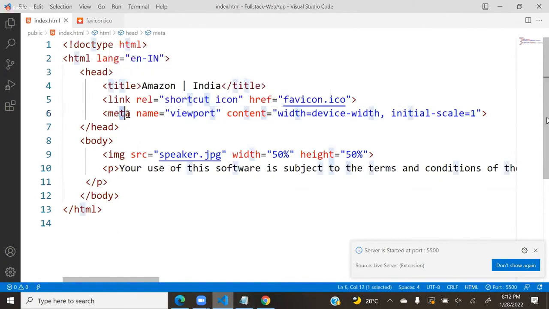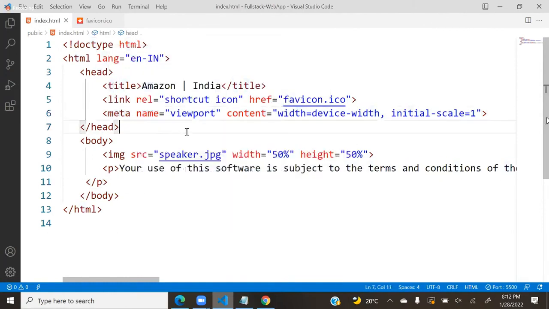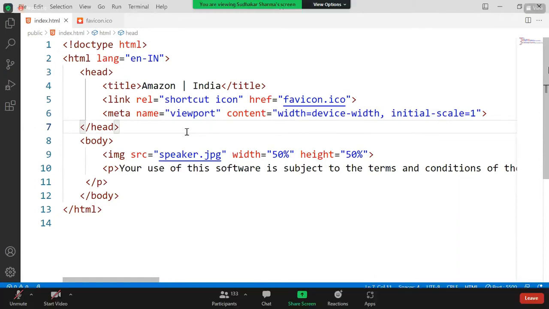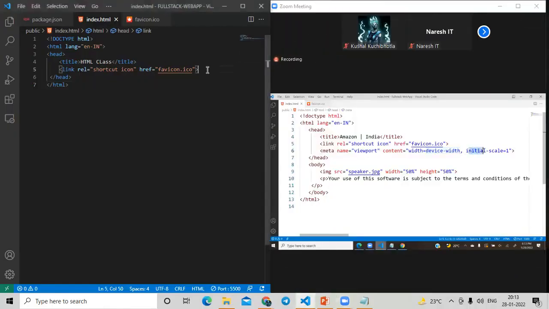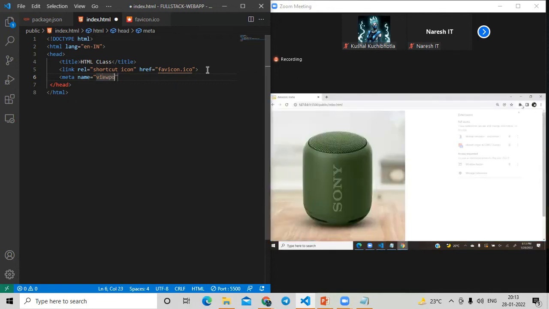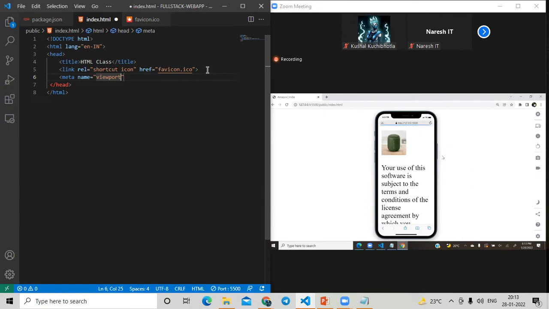So what is meta name? Name indicates where you are targeting. Where you are targeting? Viewport. Viewport means device screens. What you are targeting? Content. Content width should fit according to device width. And initial zoom percent should be how much? 1. Even if I define zoom like 2 or 3, I am configuring it, so when you watch that on a device like emulators or simulators, you can see a large size.